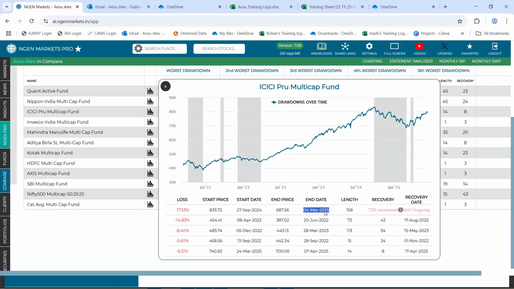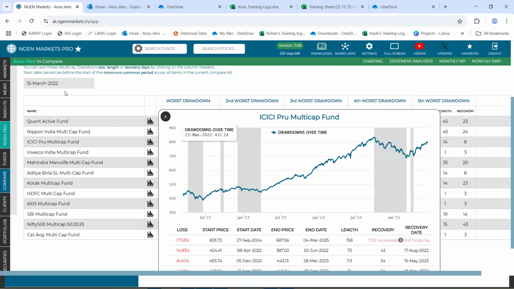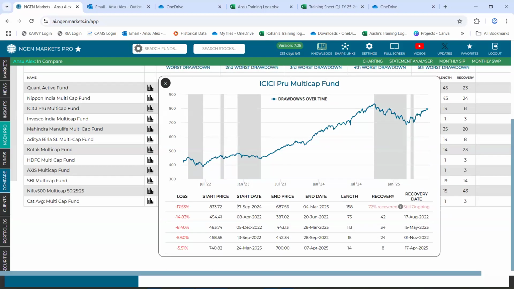So, the recent market correction that just happened is the worst loss that this fund experienced from the start date that we had input, 15th March 2023. This time period of September 2024 till March 2025 is equivalent to a total of 158 days. And post this end date, we let you know how many days it took to recover.